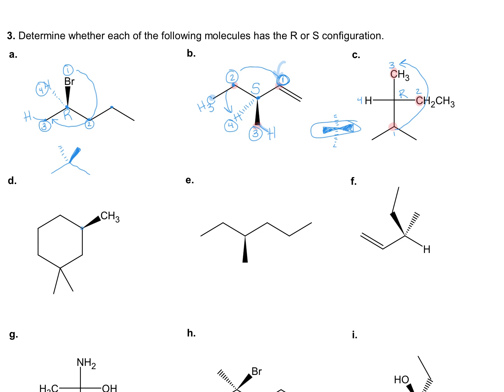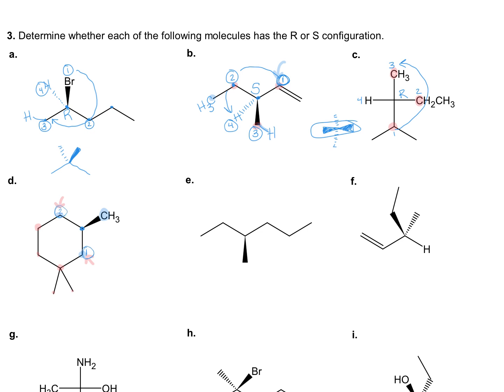Letter D, here is our chiral center. Let's look at the priorities of those groups. This is a carbon attached to no carbons. This is a carbon attached to 1 carbon. And this is a carbon attached to 1 carbon. So we know that the highest priority group is either going to be this one or this one. So we go out one further. This is a carbon attached to another carbon, and this is a carbon attached to 1, 2, 3. So our highest priority group is going to be this one,